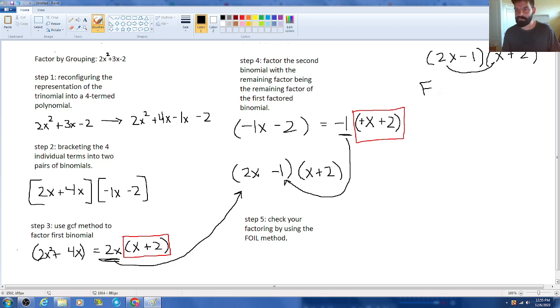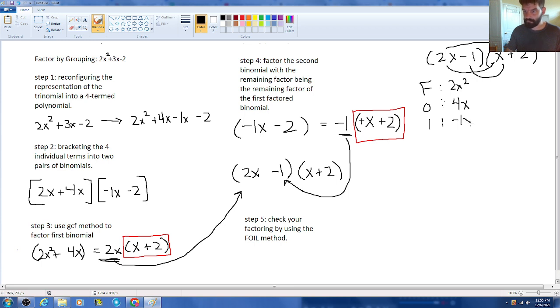That's going to be 2x squared. O stands for outer terms, so that's going to be the 2x times 2, which is 4x. I stands for inner, so the inner term is negative 1 times x, which is negative x